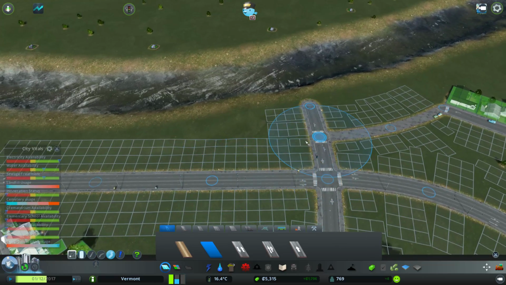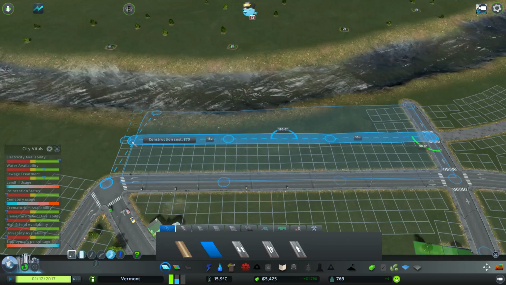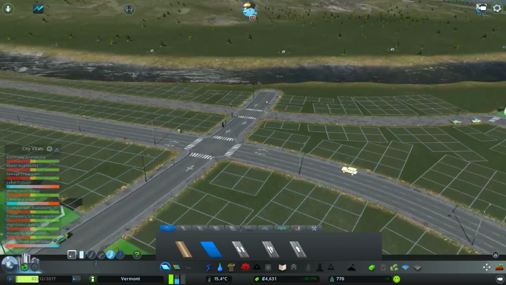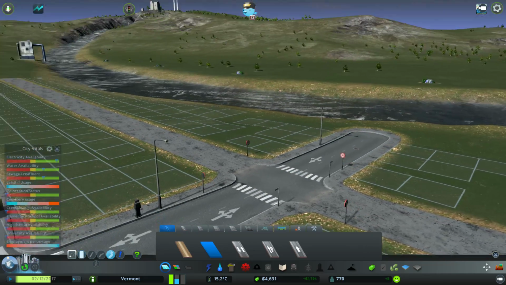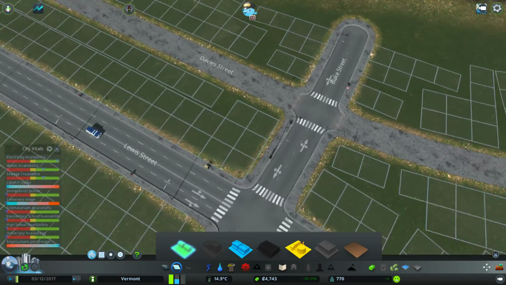That works, I think. And then here, maybe something like this. That would look nicer. Yep. A little side street there. I wonder if cars are allowed there. I don't know. Let's just